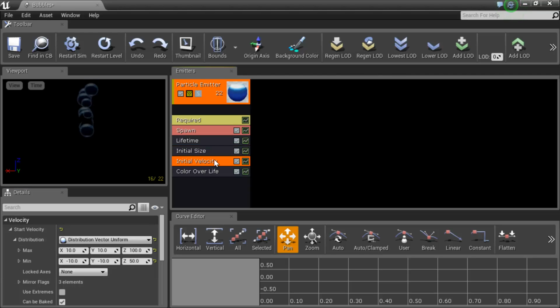We can also change our initial velocity. I'm going to take up 100, and I'm going to go up to 200, and give it more of a fish tank look, if you will. I'll take 50 up to 100. And actually, just for the sake of this example, let's do something a little slower. So let's go down. We'll do 50 and 25 here,